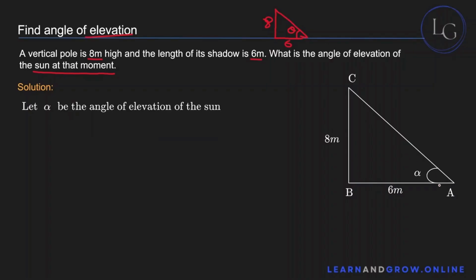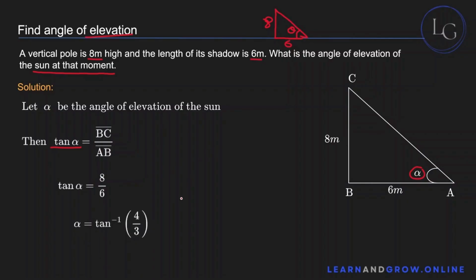So now you have to find this angle, and now it's very simple, right? Again, this is the same diagram. You have to find this angle alpha. And simply, since you're given the opposite and you have been given the adjacent, you can use these two by taking the tangent of alpha. The tangent of alpha is the opposite over the adjacent. The opposite is BC and the adjacent is AB. So now you just take the tan inverse of 8 by 6 or 4 by 3 and you get the angle of elevation alpha, which in this case is 53 degrees and 8 minutes,